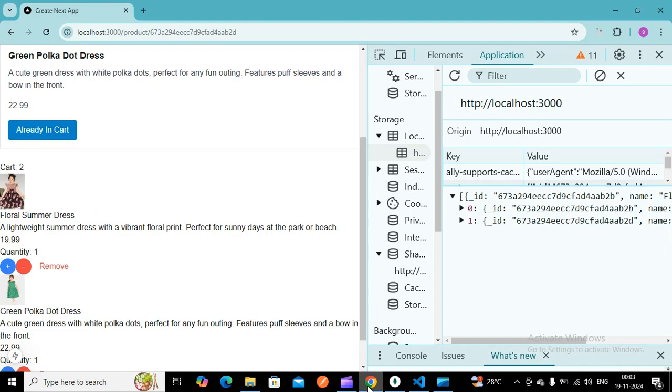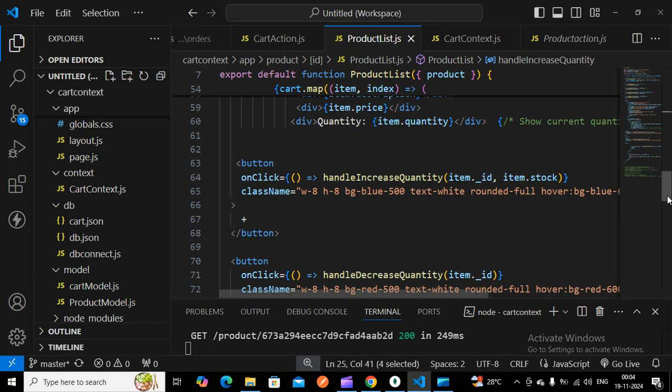In this tutorial, we're gonna see how to increase and decrease the quantity of the item. In the previous tutorial, we had seen how to disable this particular add to cart once we have added. So once the particular item is added, I have to disable. If I want to increase the quantity or decrease the quantity, I have to make a function and call it. For that, we have a button.